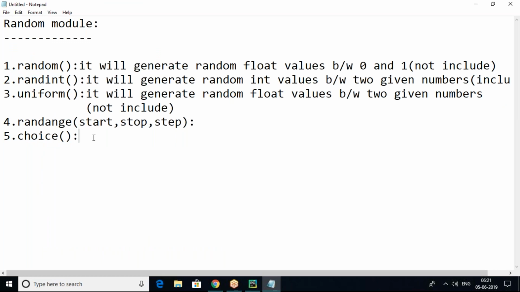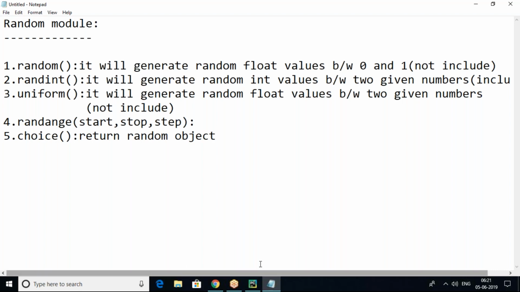But coming to the choice function, it won't return any random number, it returns a random object. For example, you have a sequence of items, and you want to pick some randomly from it. Then the choice function can be used.